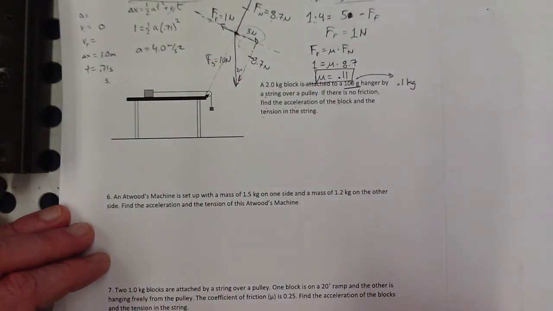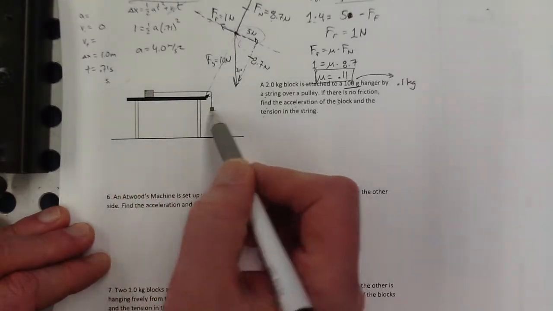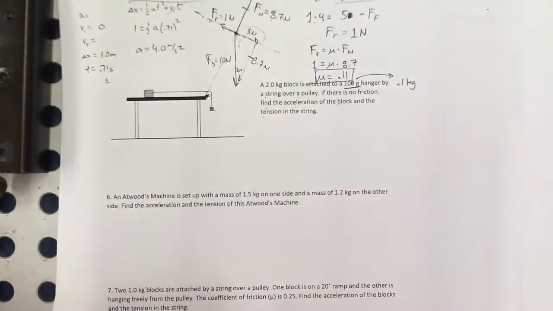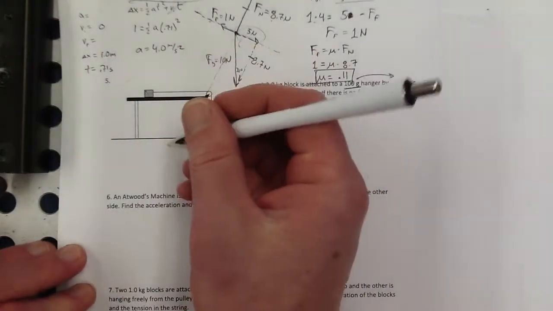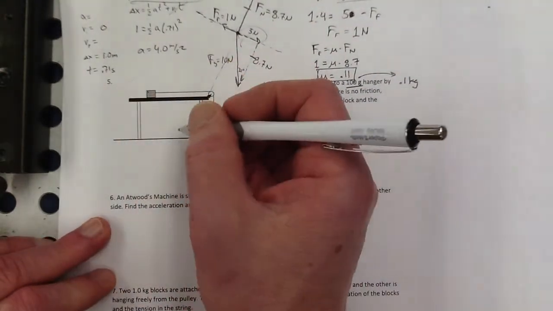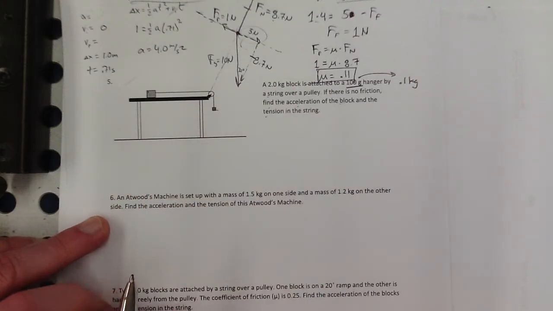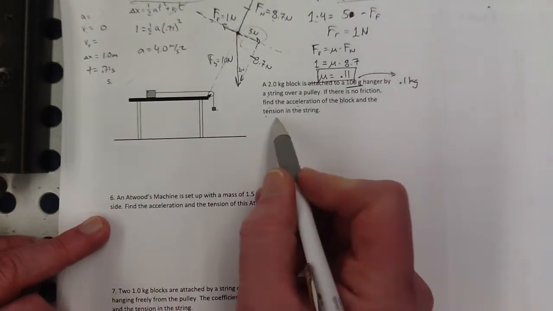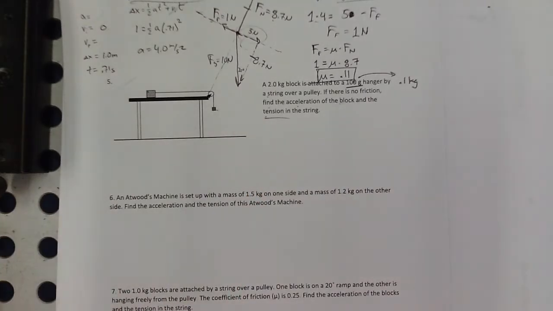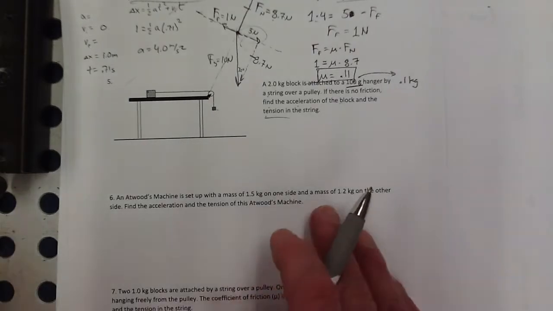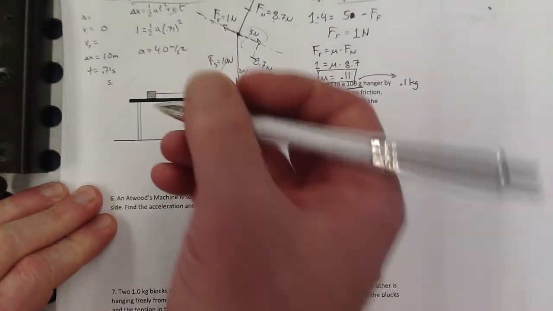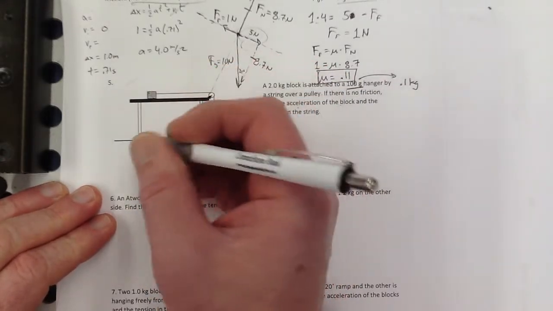So there are 2 ways to do this. Remember, there's setting up equations for both of them and then adding those equations together, or there's using the totals, the total unbalanced force and total mass, to find the acceleration. Either way, if we're going to find the tension, we're going to have to think about one or the other of these to get at what that tension force is. And for sure, I need to make force diagrams. So let's do that. For the block up here,